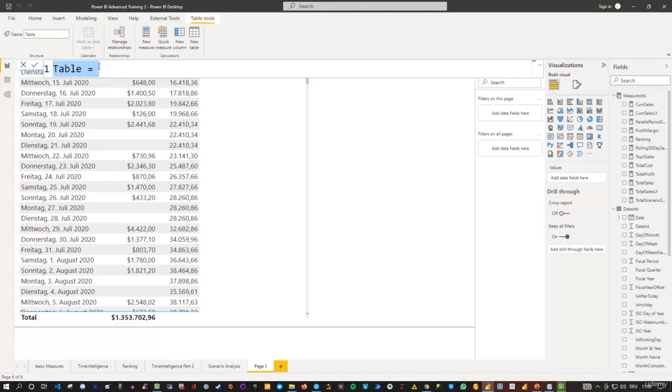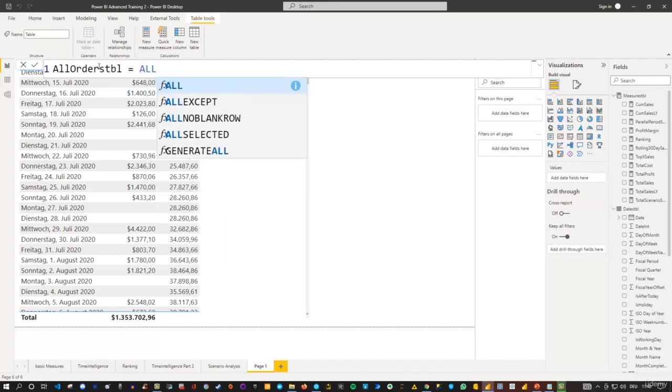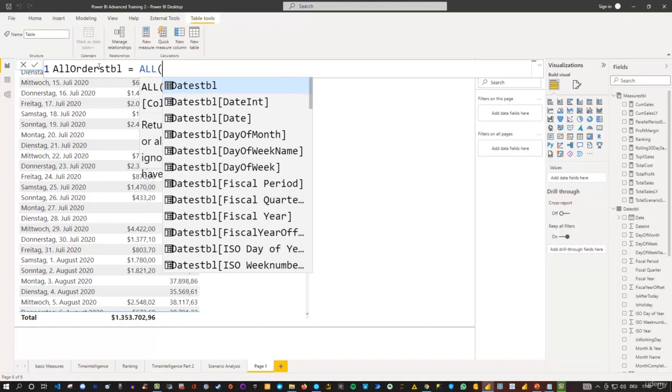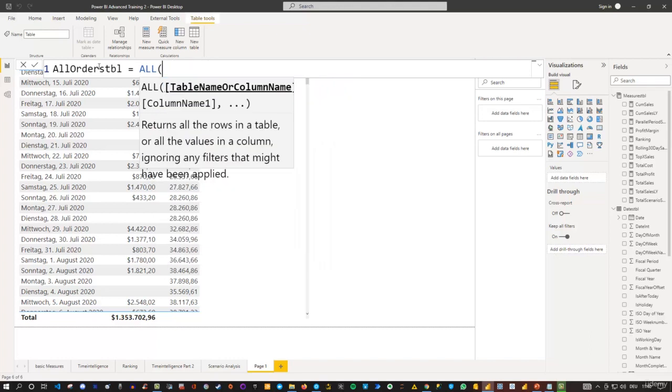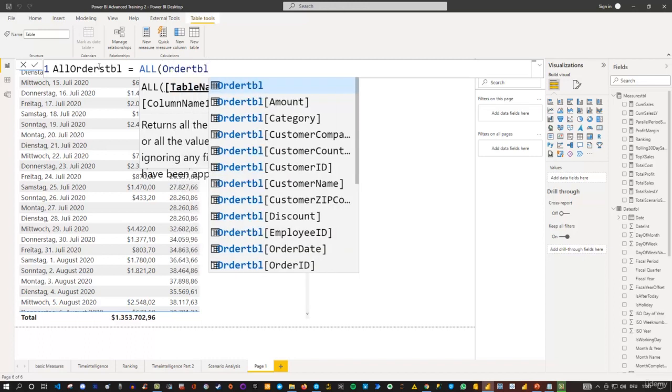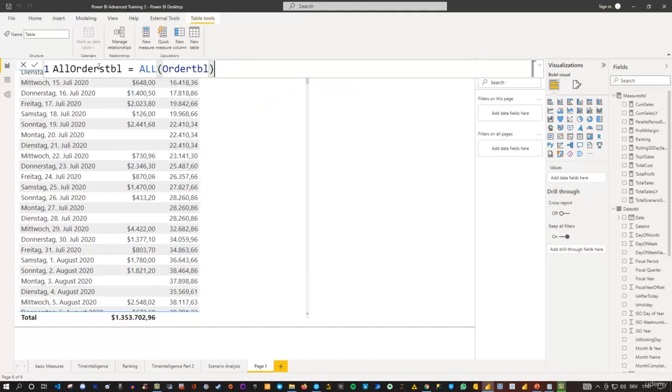So let me show you what it does. Let's say All Orders TBL, and I will simply say equals ALL, and then I simply refer to a complete table, like the dates table, orders table. Sorry, let's say orders table. Here, I can close this, and I'm good to go. Now, I can use this expression alone only if I say new table. If I would try to use this in a new measure, I would get an error because the measure can only return a single value, but the table can return a complete table. So if I evaluate that, press enter,